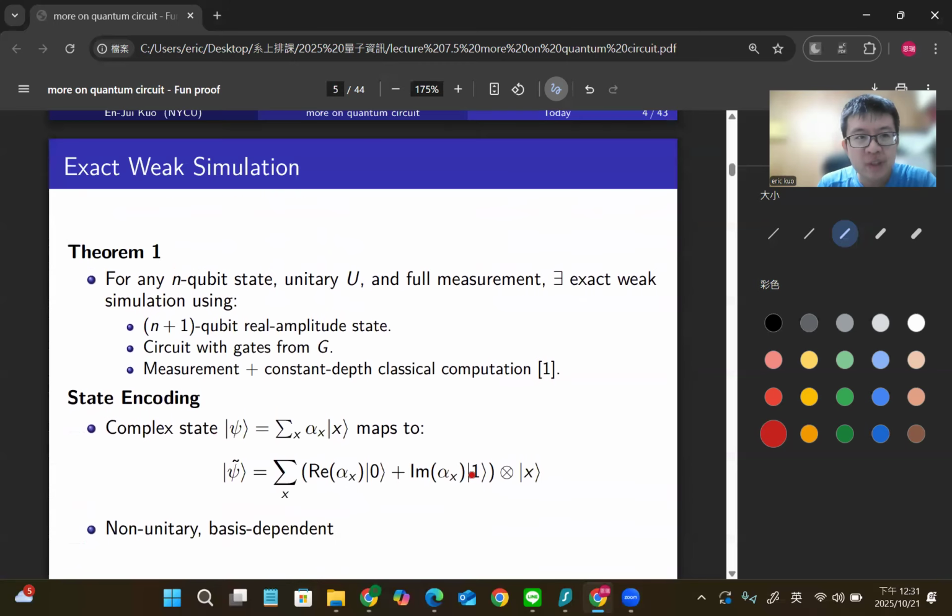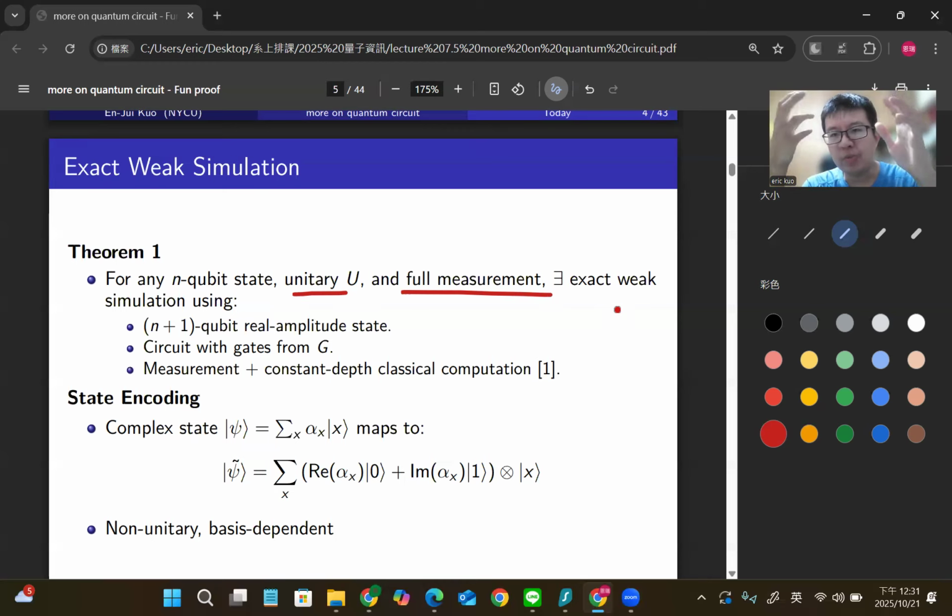Okay. So this is the so-called weak simulation. The idea basically is that suppose you only have real gates, but it's fine: you can allocate new extra qubits and use these extra qubits to represent a complex number. So the theorem says that if I give you the n-qubit state and a unitary U, and some measurement, there exists a so-called weak sampling. So weak sampling basically means that you have two probability